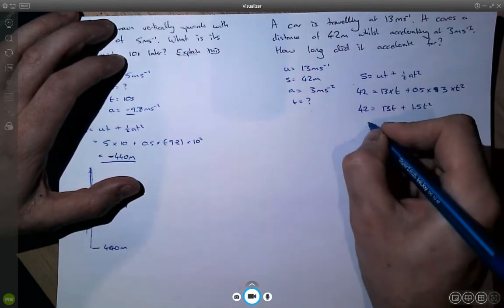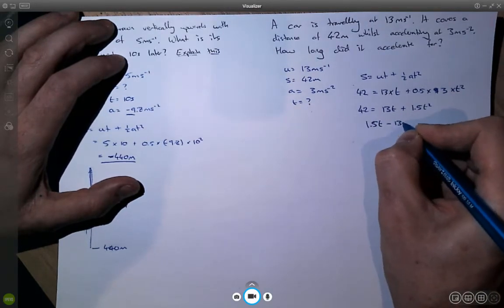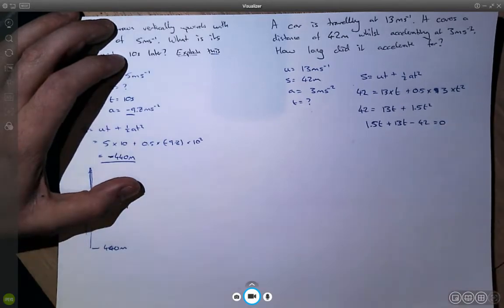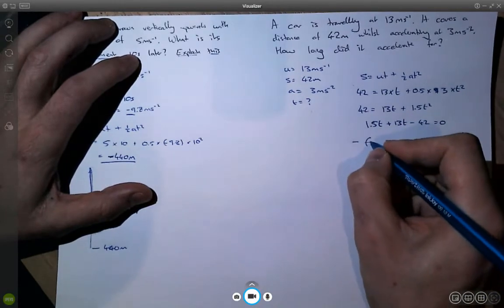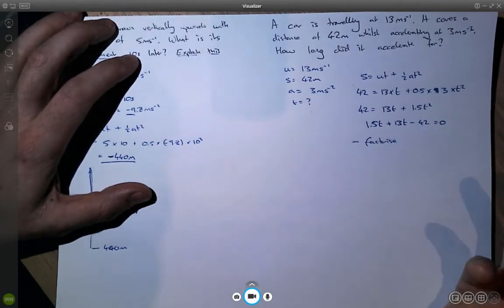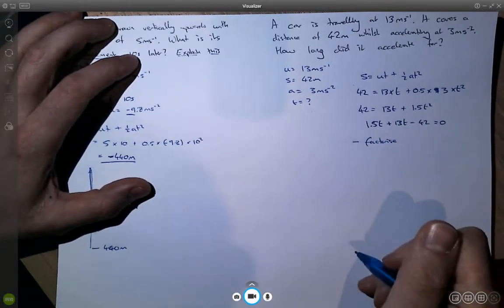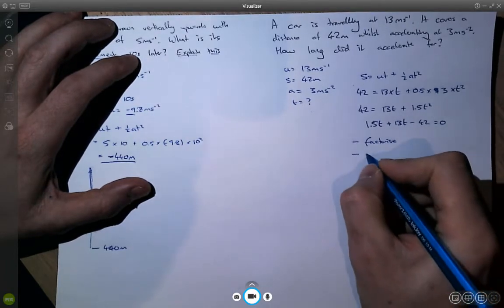And I'm just going to rearrange it into the standard form of quadratics that we see all the time, where we've got it equaling 0. So you've got a couple of options to solve this. You could factorize it and solve it this way. If it factorizes, I'm not sure that this does factorize, and I can't really be bothered to try and work it out because it looks awkward. You could use your calculator